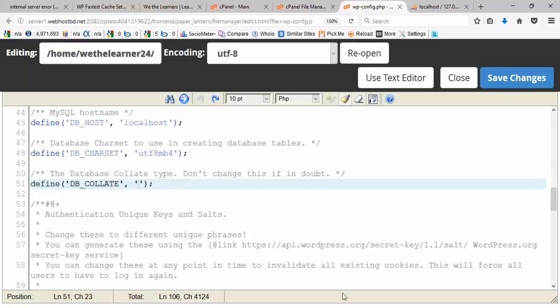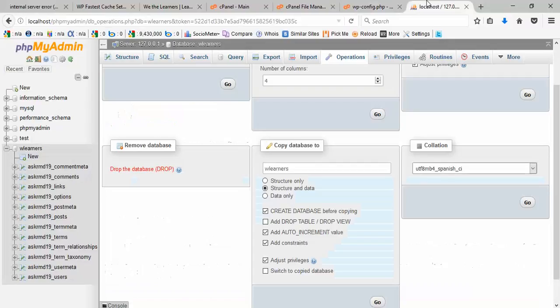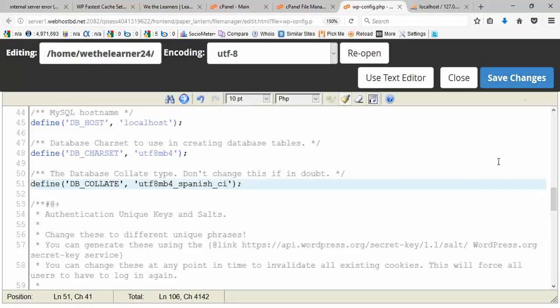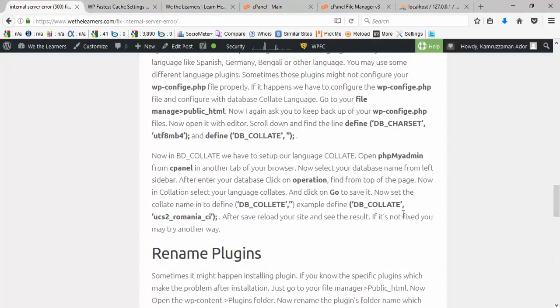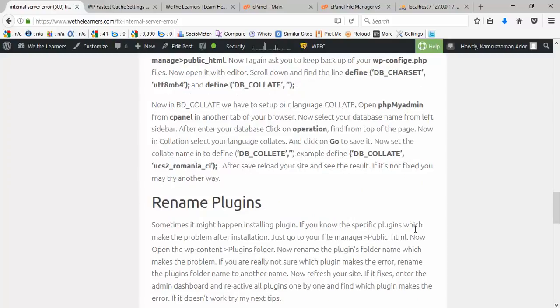Okay, the language collation name might be UTF-8 MB4 plus Spanish underscore CI. Okay, and then click on save changes to save it. After saving changes, just reload your website page. After refreshing your site, if everything is okay, congratulations. But if it's not worked,